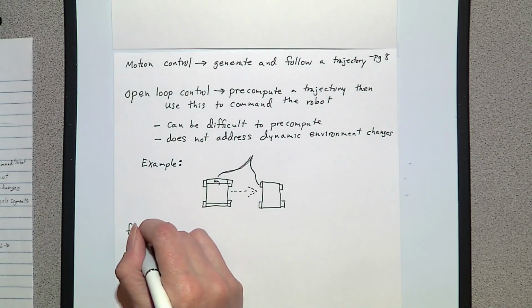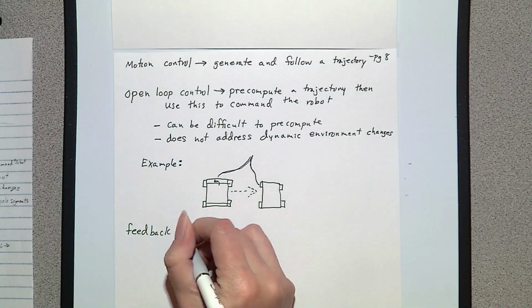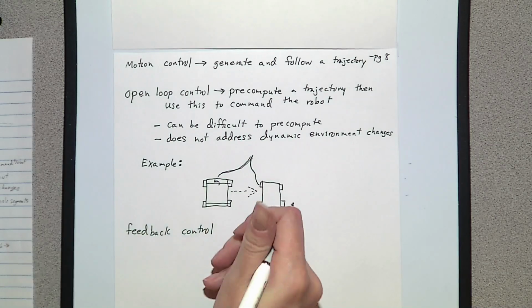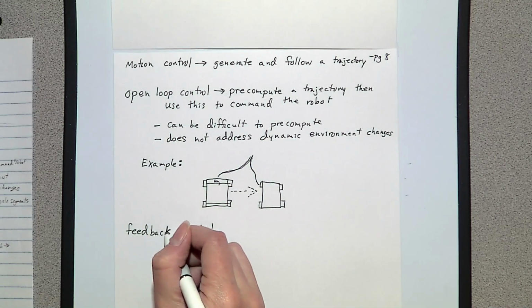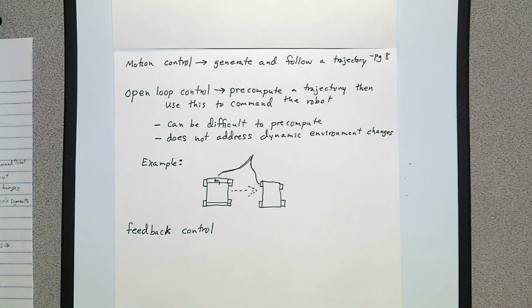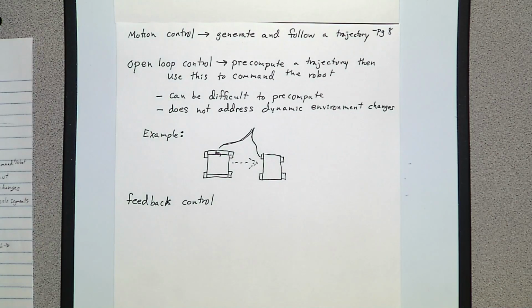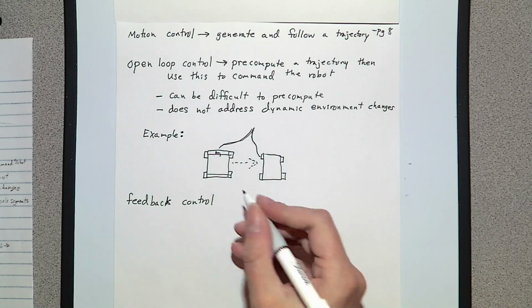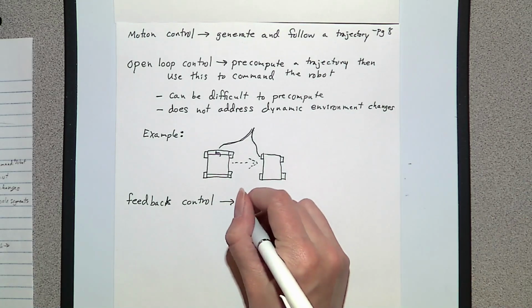So what we might do is some kind of feedback control. I added a paper which is a summary of different types of control for mobile robots, and it also has links to those papers as well. There is a wealth of literature on different types of feedback control, especially for mobile robots, where it has been used for decades. There are a lot of different ways that you can do the control. I'll just present the simplest form,